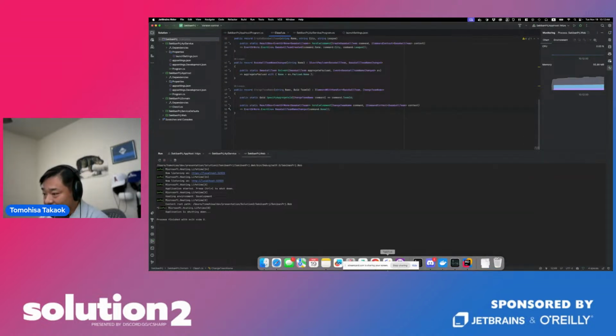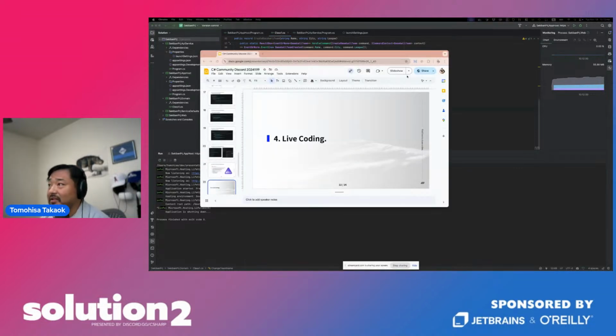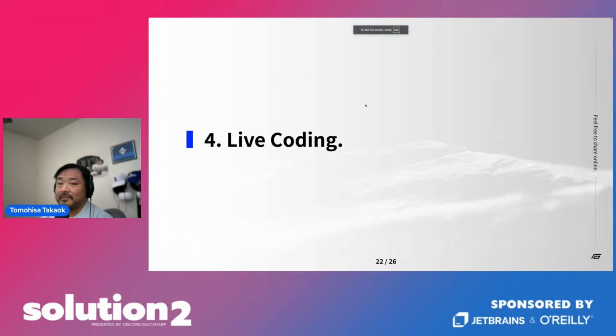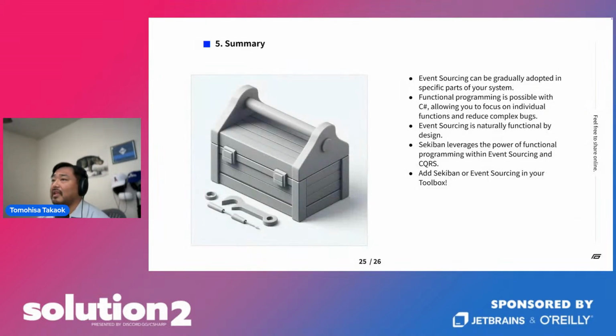And because of the time, I cannot do any more. So let's go back to the slide. So in the summary, event sourcing can be gradually adapted in part of the system. So you don't need to change everything.